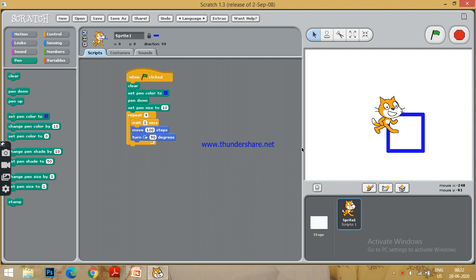Okay, now suppose once again I want to give some shade to the pen. You have many options: change pen color, set pen color to, change pen shade. Let us see, if we change this pen shade by 10, what happens.